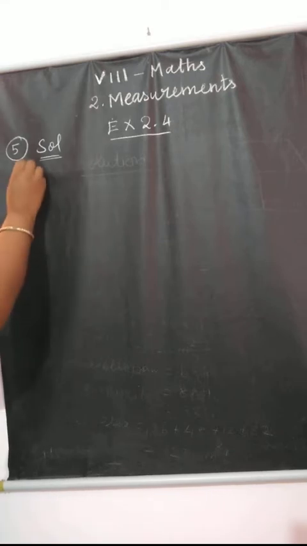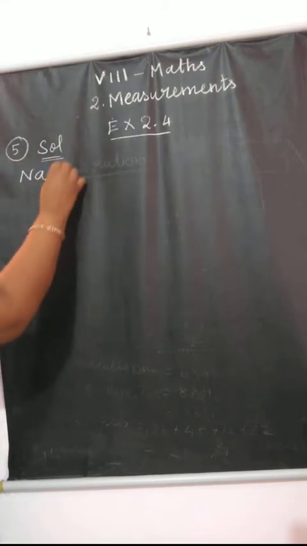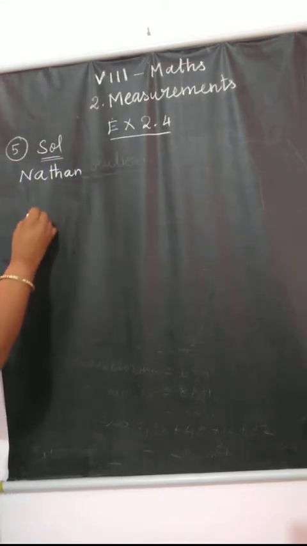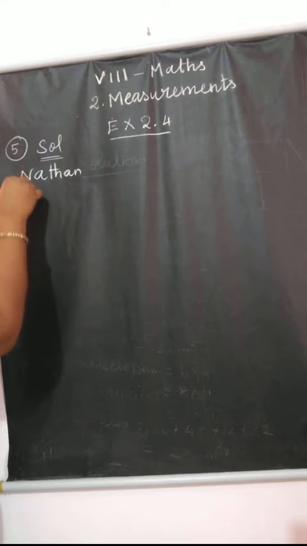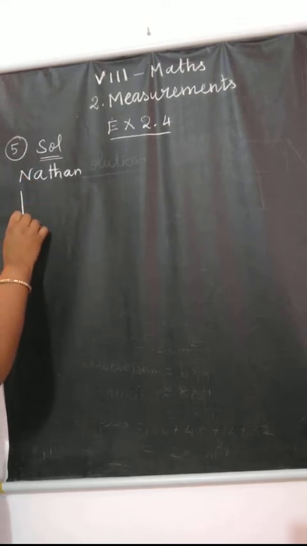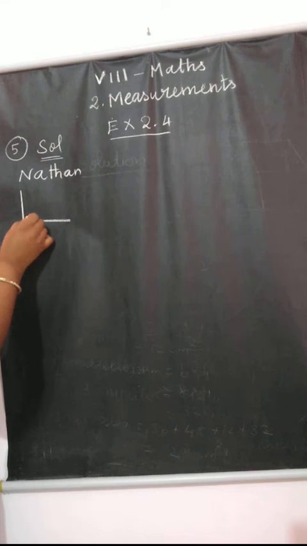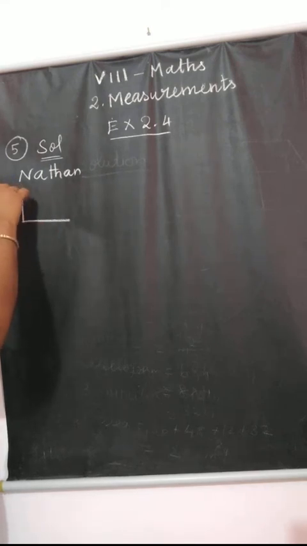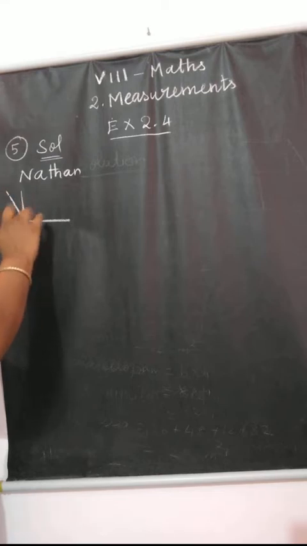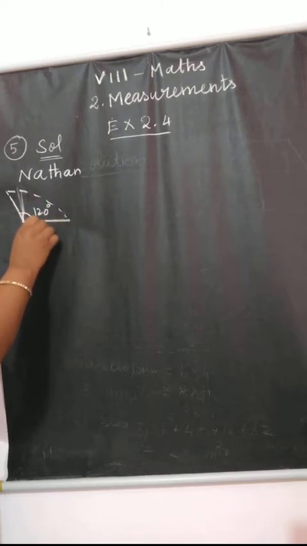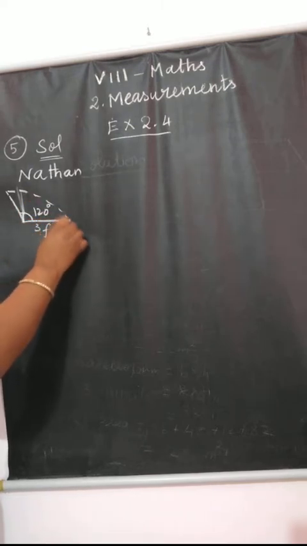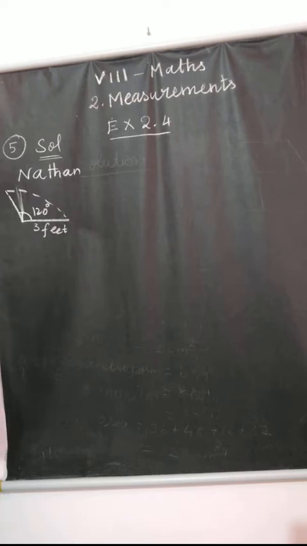Now take first Guna's door. So this is a wall. Consider this as a door. When it opens, it makes a 120 degree angle. So the door goes like this, and it makes a sector. So this is 120 degrees, and this is the 3 feet door. Okay. Next,